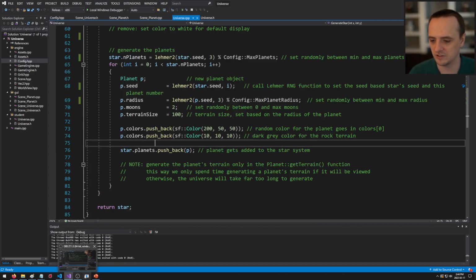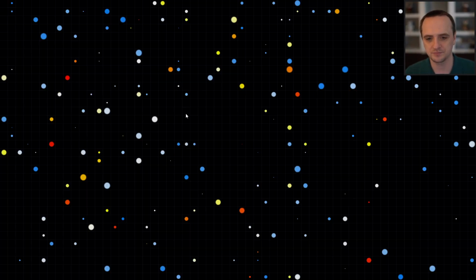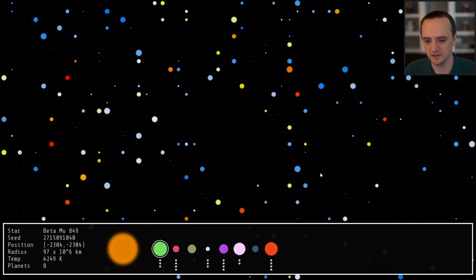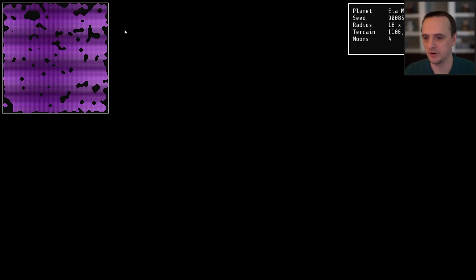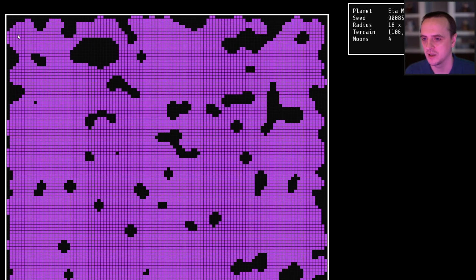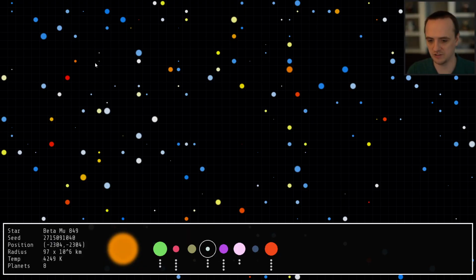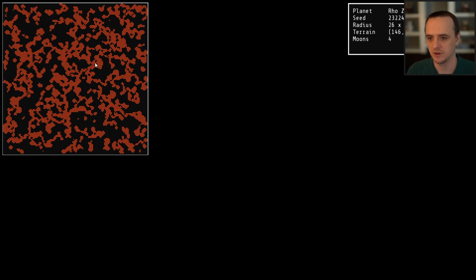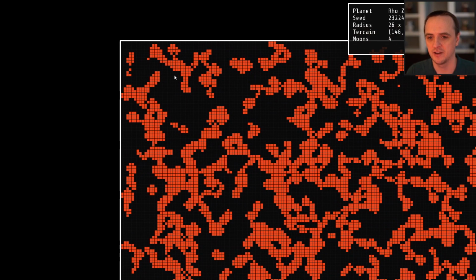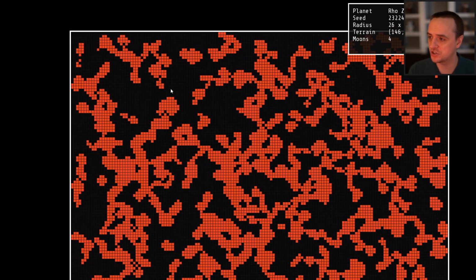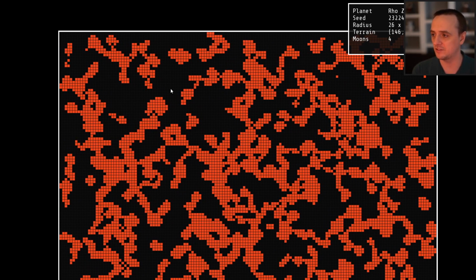So what that means is, if I'm going to run the solution now, whenever I go to a planet, the planet has been given a random color, right? That color is going to be used to draw the planet's terrain. A value of 0 in the grid here is going to be drawn as the planet's color, and a value of 1 is going to be drawn as dark gray. So that's going to be the same for each planet. Okay? See that? So this one is red, and the ones are here. So your job, essentially, is to take the planet's terrain array and put 1s and 0s in it using the